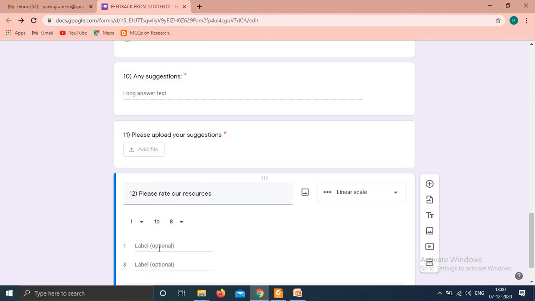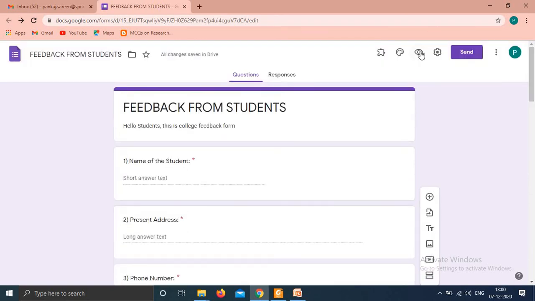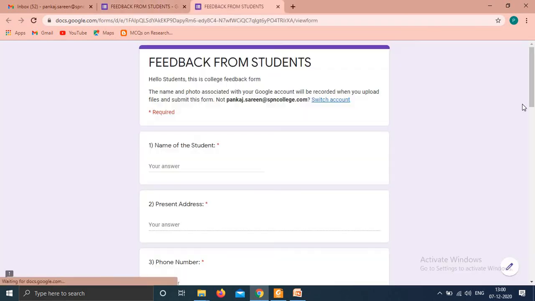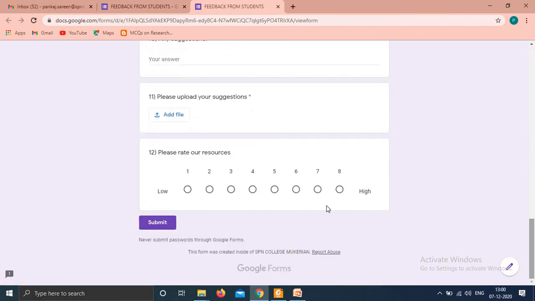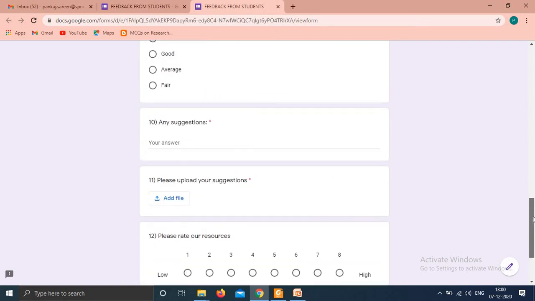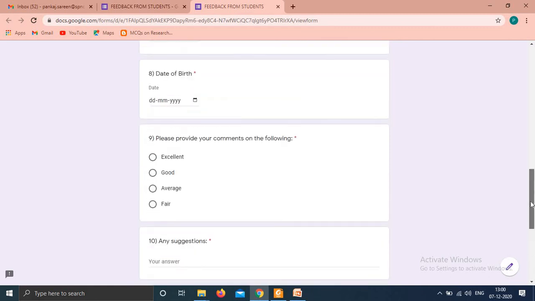You can give the options, for example, low to high. Let me show you the preview of this also. So see, rate the sources. 1 means low and the high end, and this is the upload file option. Fine. And any suggestion option I have already discussed.